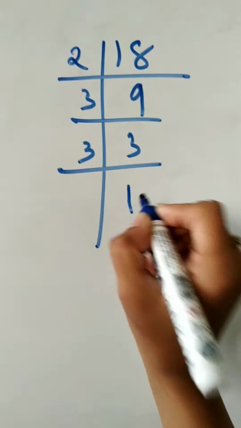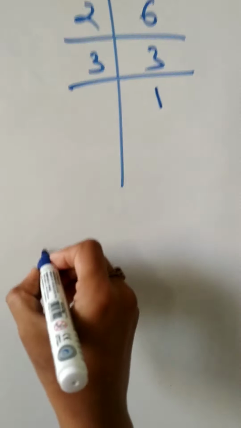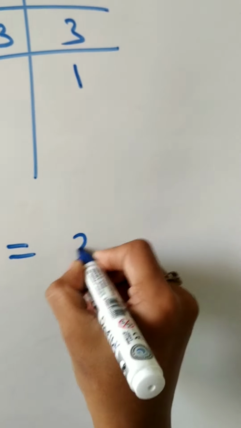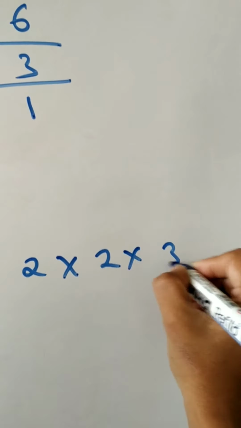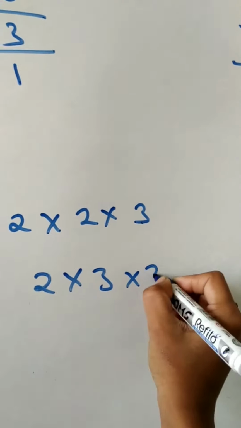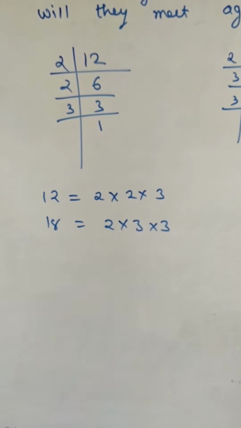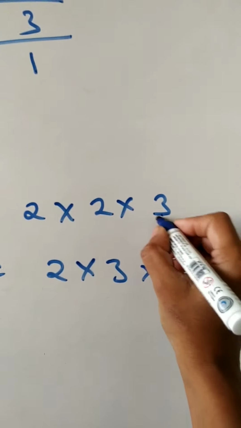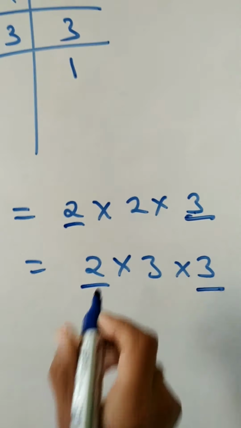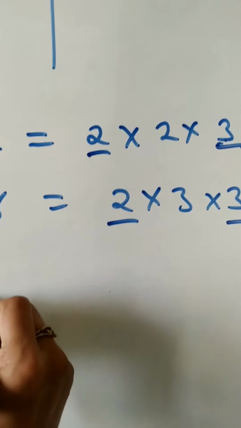So you know that these are the factors of 18 and 12. Now you do not have to do any hard work. You just have to write those factors. Here I have written. And now you have to take out LCM, not HCF. Whatever is common in them, you just have to write it once. Okay, so here we are writing LCM.